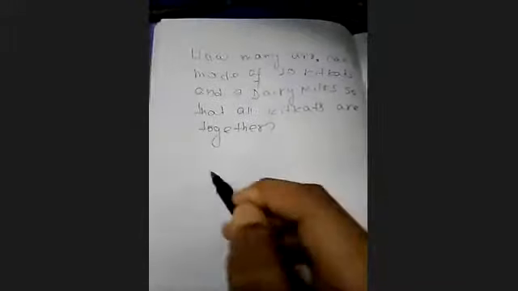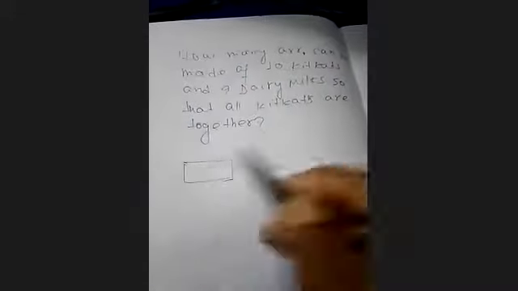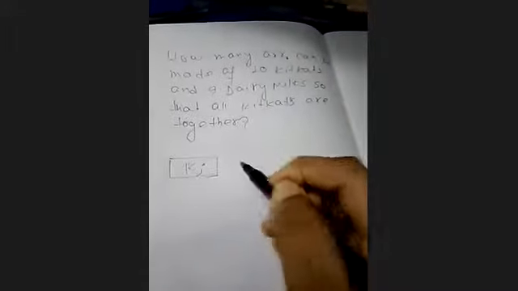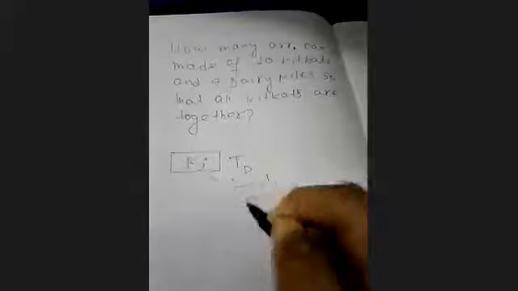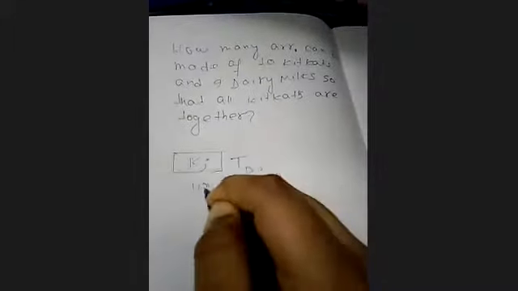So all the Kit Kats are together. So let's make a block. There are 10 Kit Kats. Let it be K_j for all j that belongs to the set of 1 to 10. And there are 9 Dairy Milk, so let it be T_d for all d that belongs to the set of 1 to 9. So there are 9 objects specifically here, and here there is 1 block, so let's consider this as the 10th object.